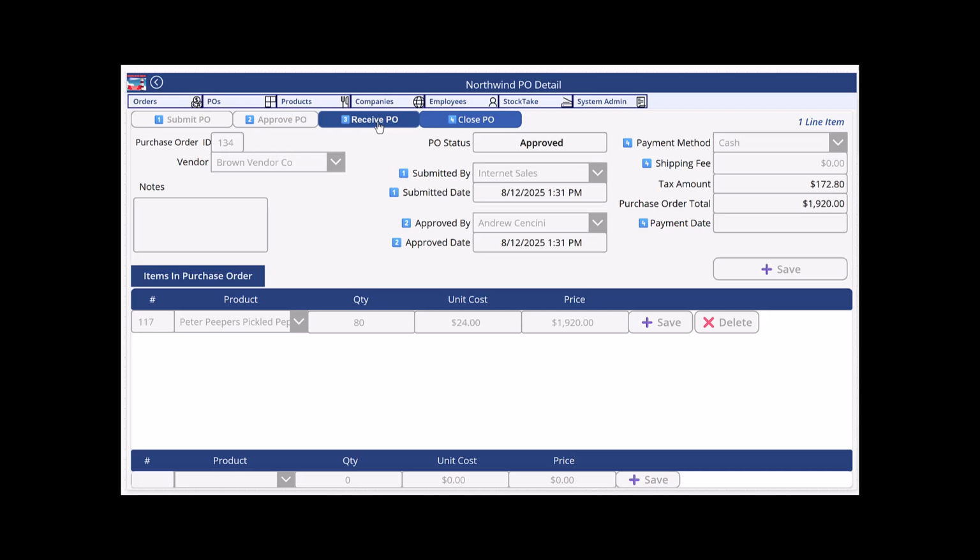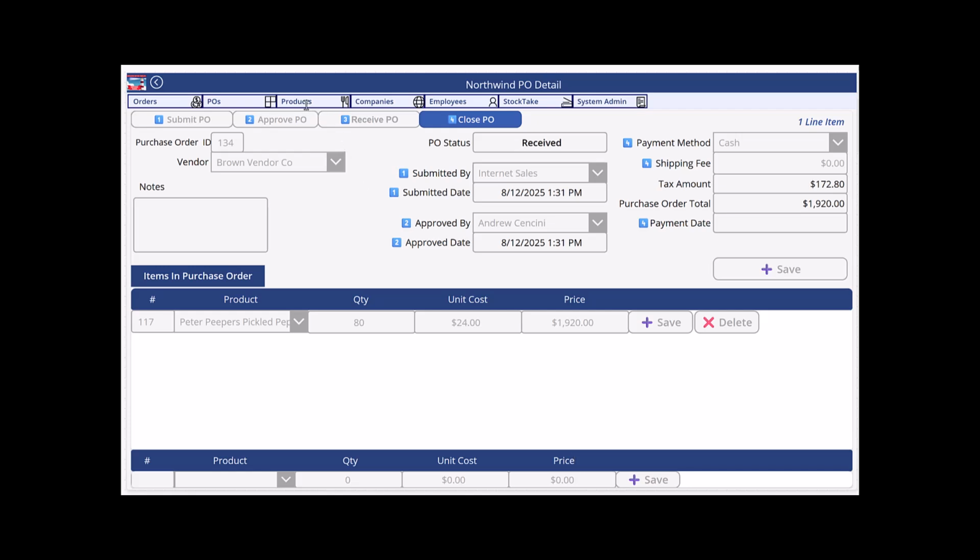Third step is to receive it. When I tell the system that I have received the purchase order, essentially two related things happen. The status of the purchase order will change to received, but it will also call the stored procedure to allocate all of the product received on this purchase order to any outstanding open orders. And we do have one order in no stock status. So clicking received